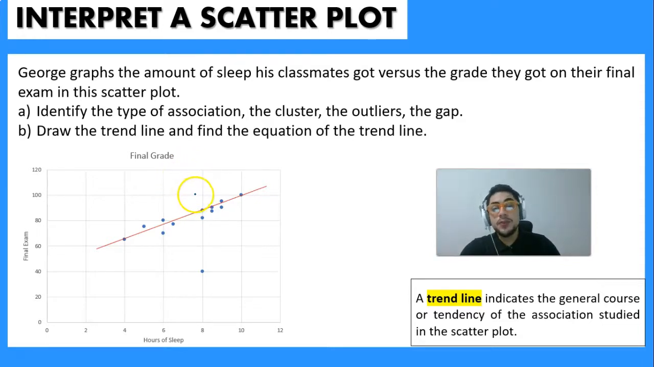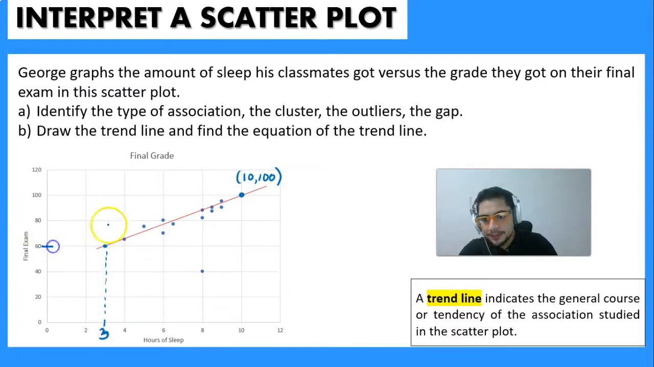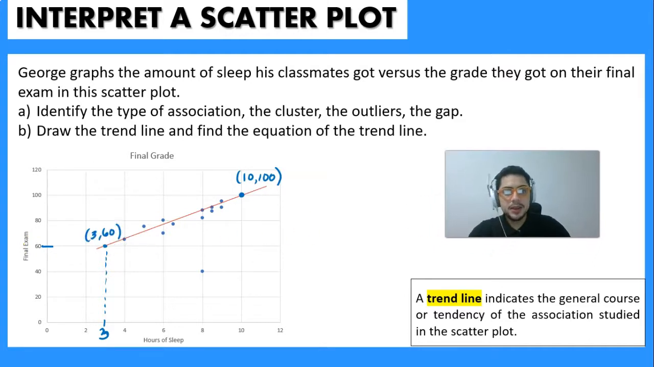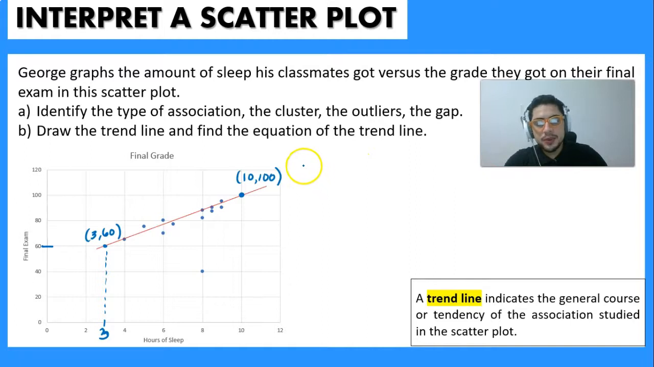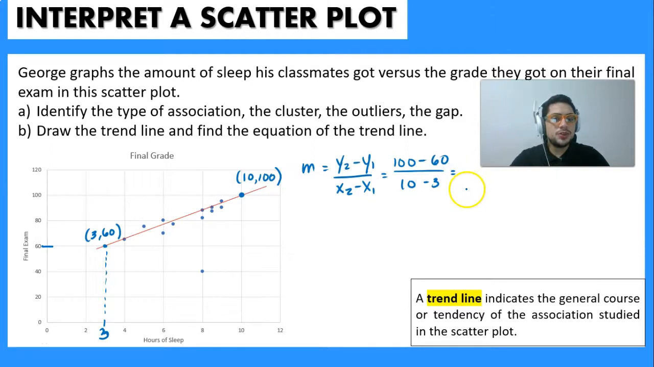In order to find the equation of the trend line, we're going to take a look at 2 points, right? So maybe we see that we have the point 10 comma 100, and maybe we see that the value here of around 3 is going to be 60. So it's going to be 3 comma 60, right? So what we can do in this case is first find the slope. The slope is found as y2 minus y1 divided by x2 minus x1, right? So 100 minus 60 divided by 10 minus 3. And that is going to give us 40 divided by 7, which is approximately